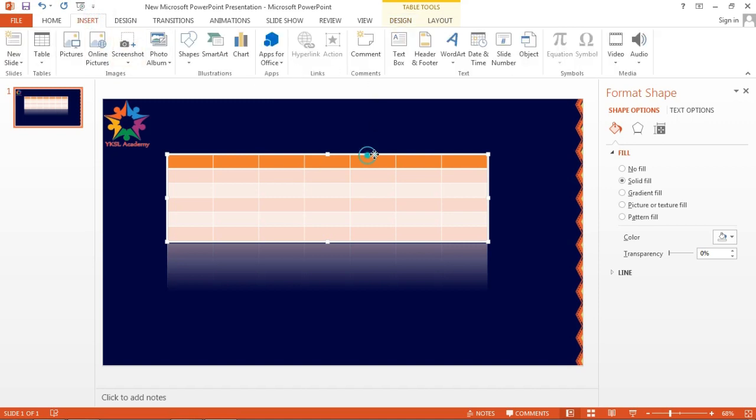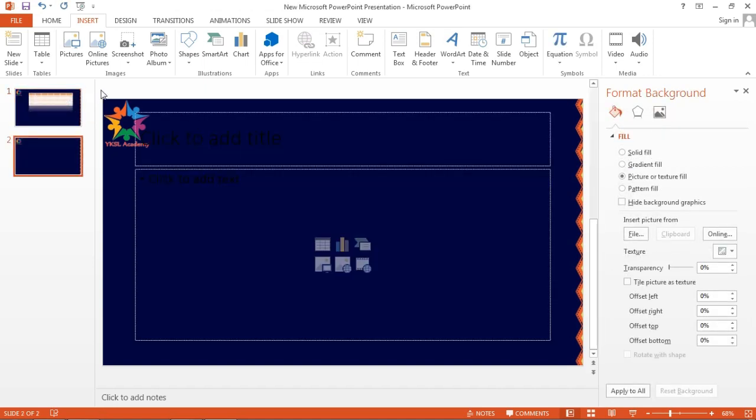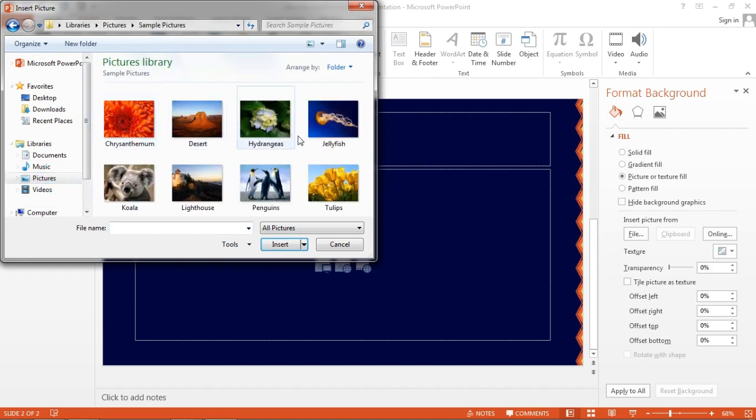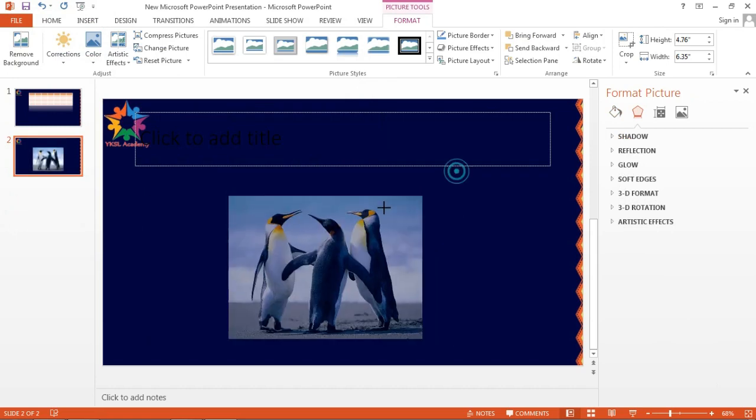If you want to insert some pictures for the students, to show what things are there, you can just click pictures, then select the pictures where they are, right? So I'm going to select the default pictures which are there in the computer. Okay, so I'm just going to select this picture, penguins. So it comes here, so we are able to adjust it